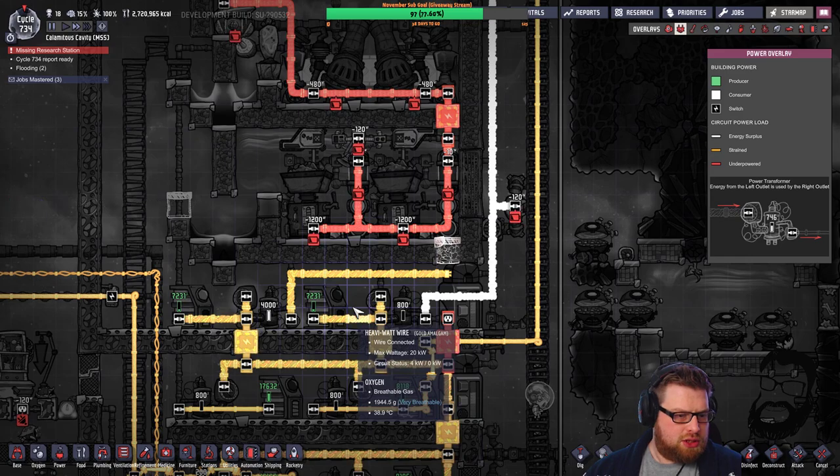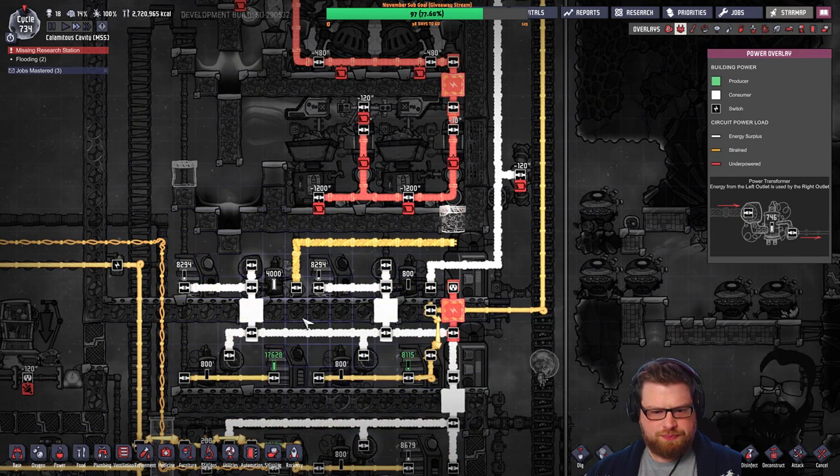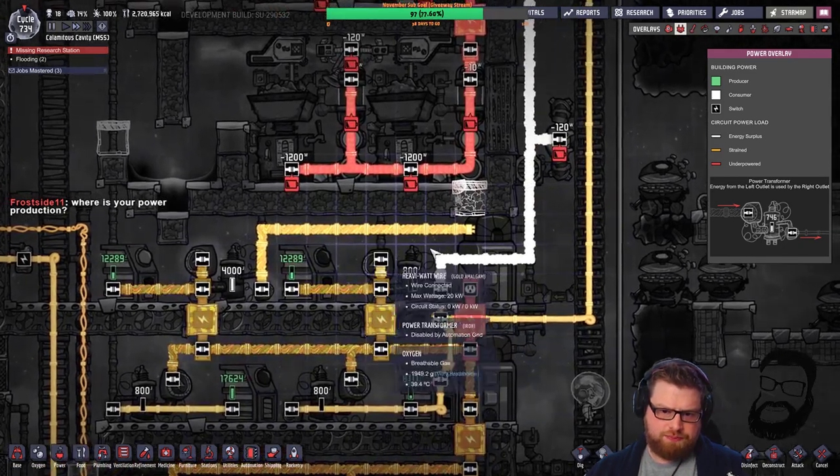Just plug it into your main power line. You have the batteries on the main line. I don't want to do that. That's lazy. That's not right. That's not right at all. I could, however,